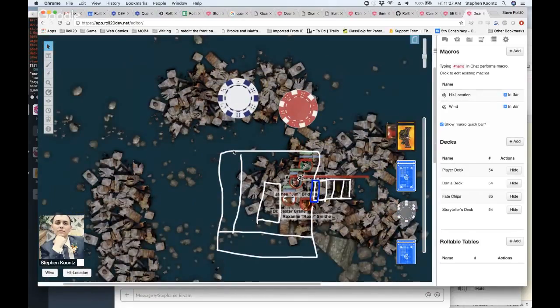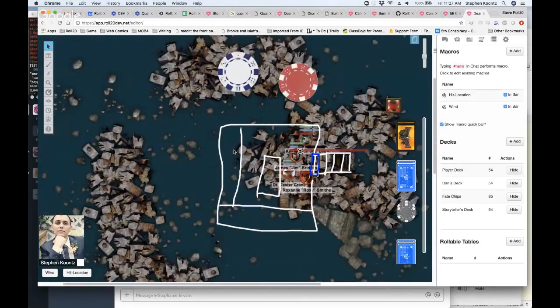So yeah, that's one of those things where, when I'm working on something, if a character sheet can't do it, I look to see whether a macro or a card deck can do it. A lot of times I can set up a card deck to do it. And I'm thinking of games like